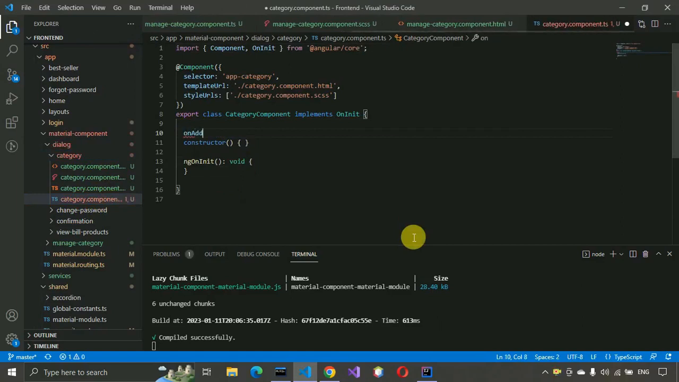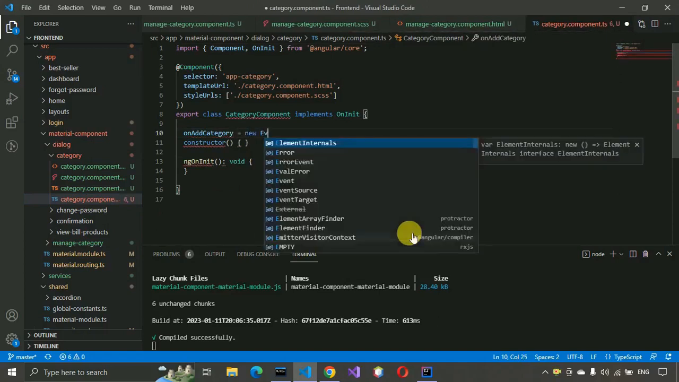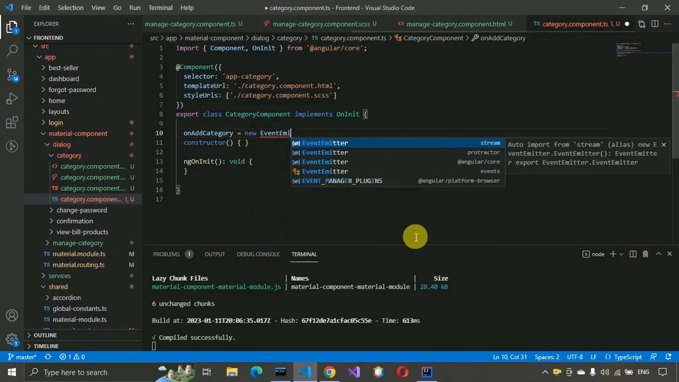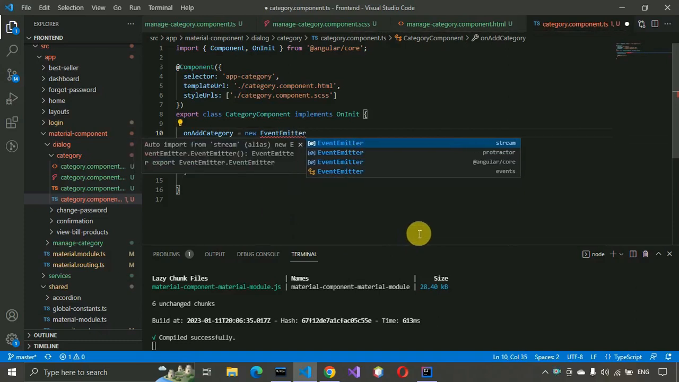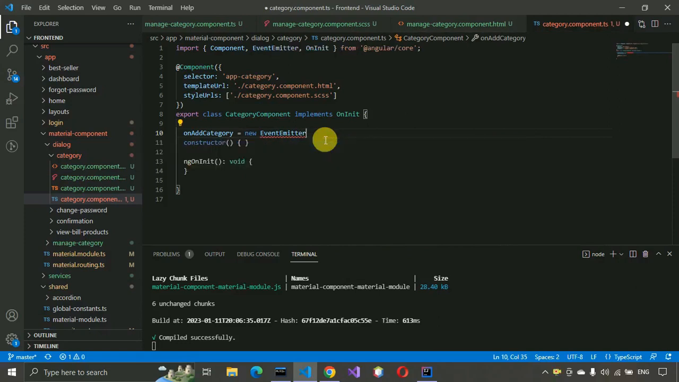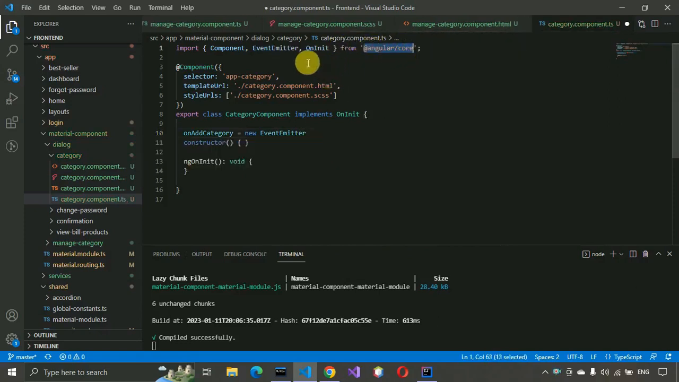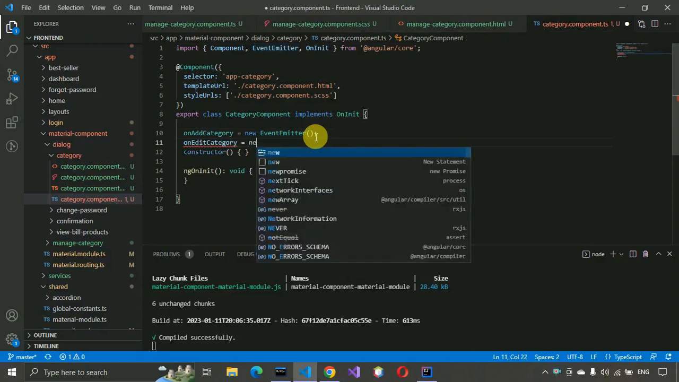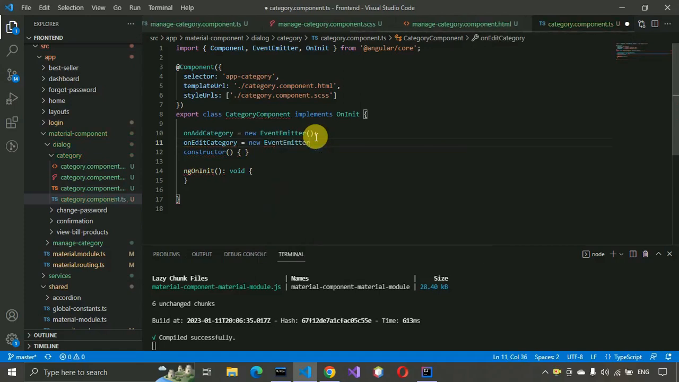So onAddCategory, we have to actually write event emitter, this one, we just need to import it from Angular core from here at this place, you can see. And after that just create brackets and save this. onEditCategory, you have to write new event emitter, this one,